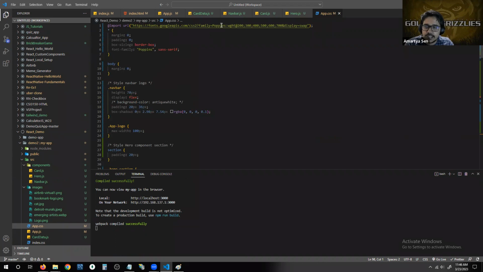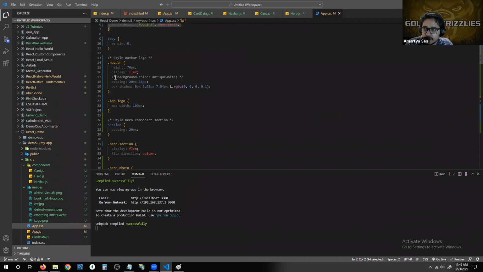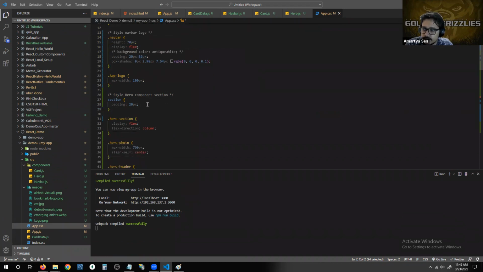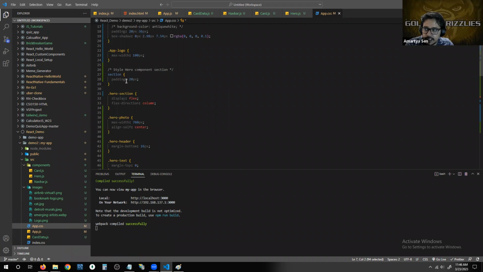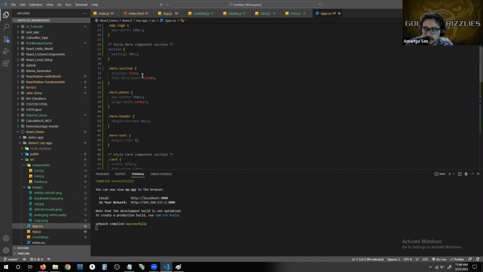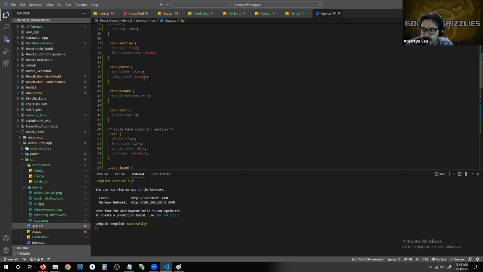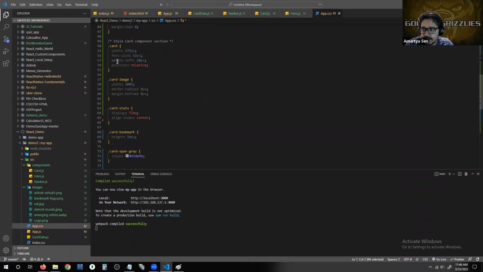Okay, so what I'm doing is I'm getting a font from Google here, resetting all my default browser margin and padding, putting some early styles on the nav bar, giving it a flex display with the logo, and styling the hero component. Nothing much going on here. The hero section, again, flex display all over, okay? Giving it the max width of how much I want to see the photo and stuff like that. And then the card component, some basic styles, nothing too crazy going on, just some width, some font, some margin,